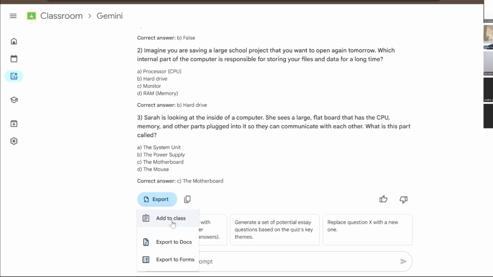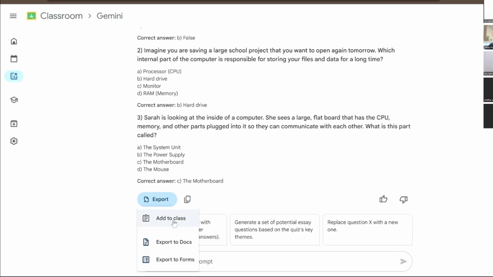Once you have done this in the Google Classroom, the students will get this Google form directly. So the main advantage, no need to go to Google Forms, and then again set the right answers or give the marks. Here itself, when we are creating this, the mark will by default be 1 mark.